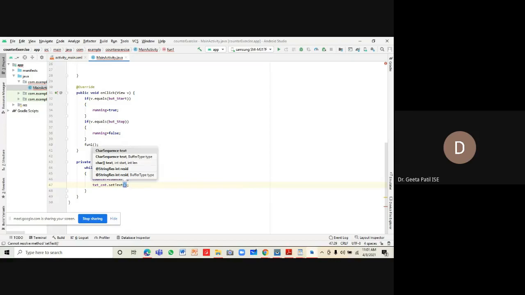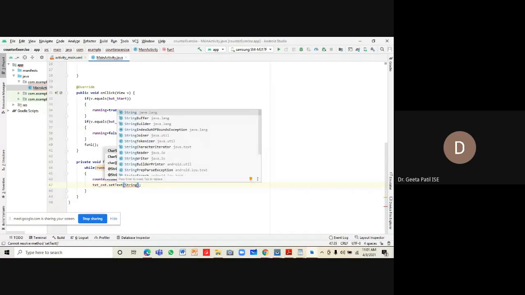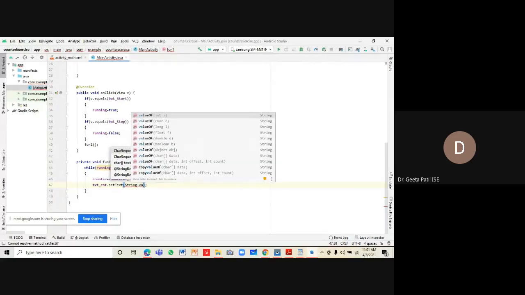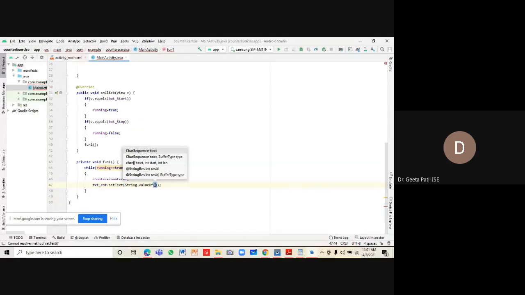We have to convert this counter value to a string. So String.valueOf(counter). The valueOf method of the String class takes the counter, converts it from integer into a string, and sets it as the text of the text count.